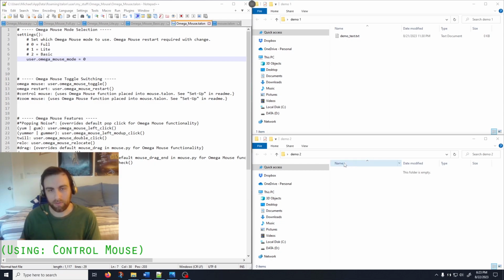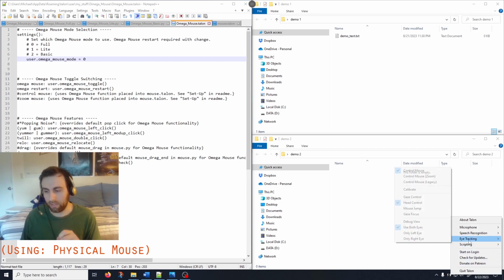So there's no way to turn it off at the moment. That'll hopefully change at some point, and I can update the code. But I would say if you find that you want to use Omega Mouse, it's probably best to use single eye tracking, because that way